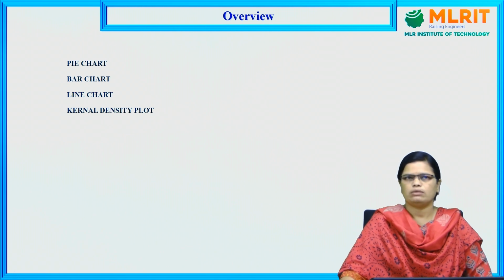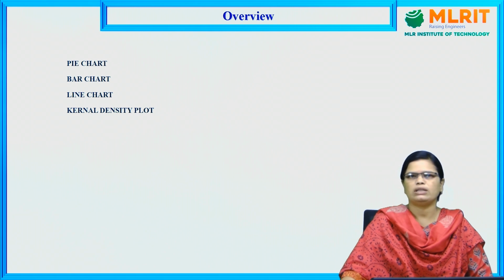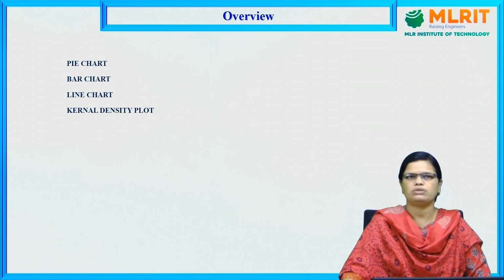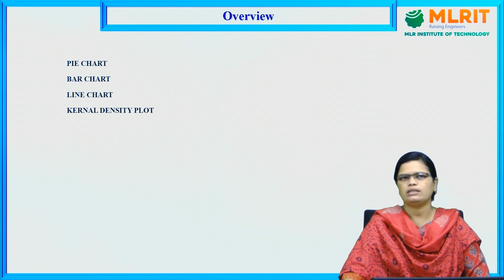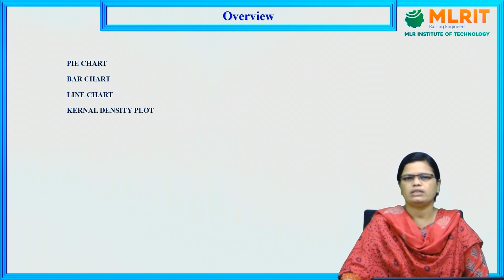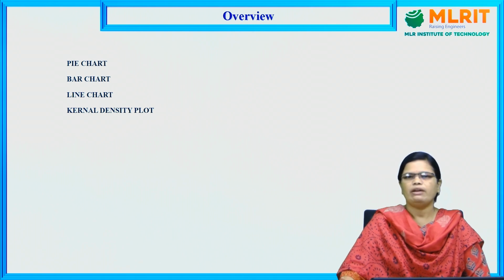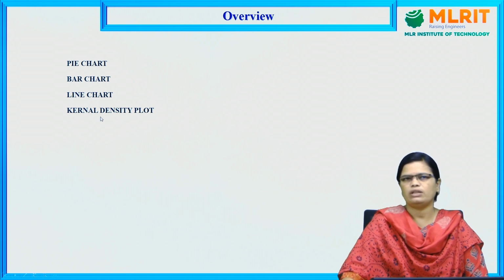Before going to the visualization part 1 and part 2, what is the necessity to learn all the different types of visualization? As a data scientist, you need to know what the different visualization techniques are and how you can represent the various data points. If you have a very large data, what visualization do you have to select? And if you have a very small set of data, what kind of visualization do you have to select? If you know all the visualization techniques, then only you will get an idea which one to select